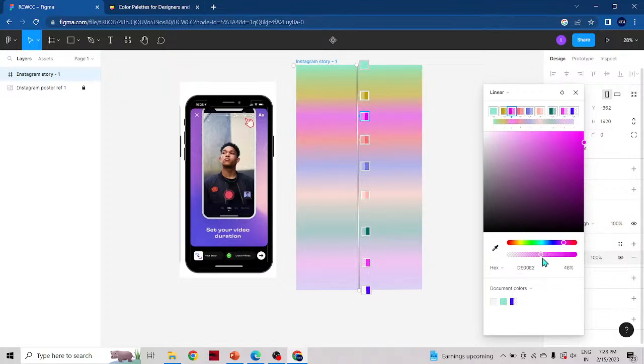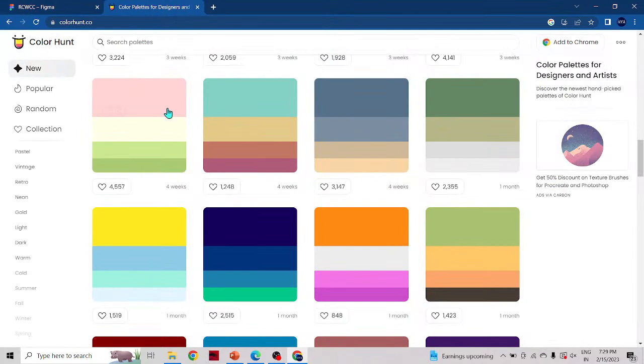Okay, now this color somewhat feels like it's blending with the existing thing, so I'm just stopping it there. If not, you can also adjust it. And then you can bring in whichever linear gradient color you want. Okay, so when it comes to gradient, my strong suggestion would be to choose from the color palette, because the